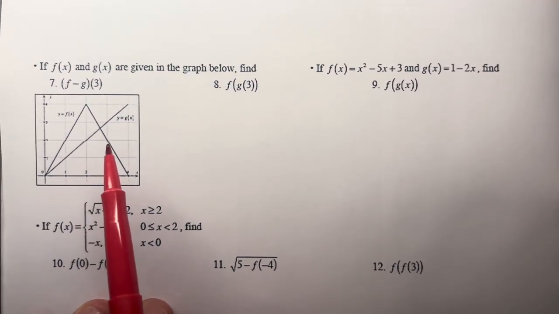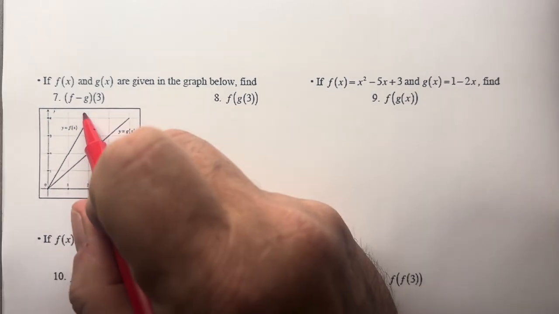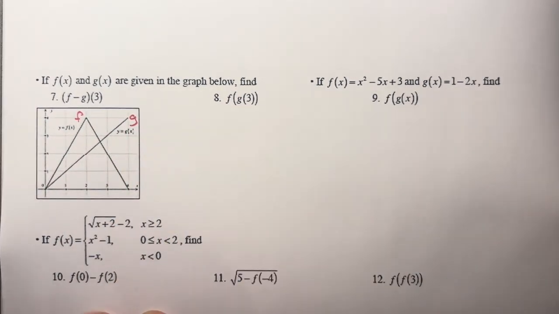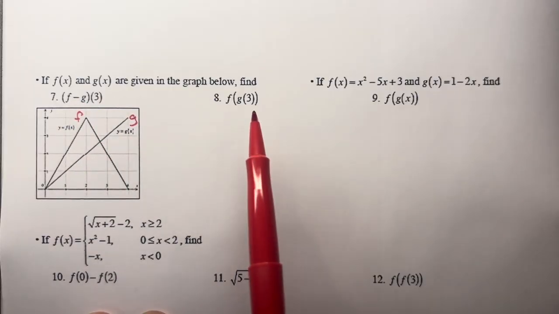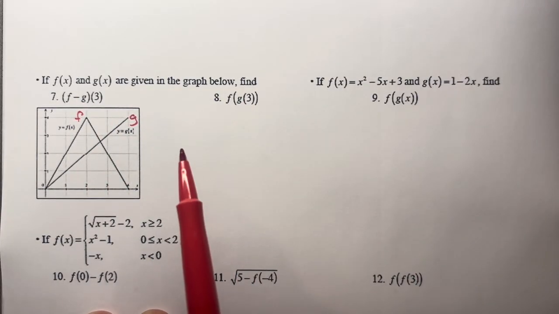Often there's going to be a graph with two functions on it. Here it looks like this is my f graph and this is my g graph. And if you have, this is just a subtraction problem. This is a composite function. And here,